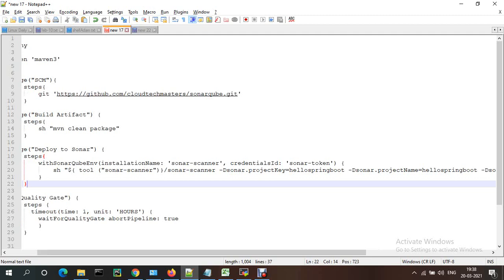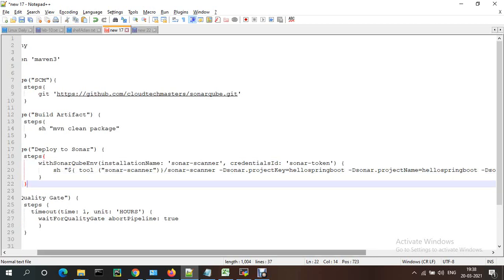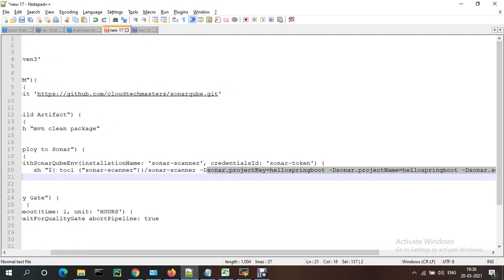Steps, okay. So I'm just providing the details from there. Sonar scanner project equal to Spring Boot.